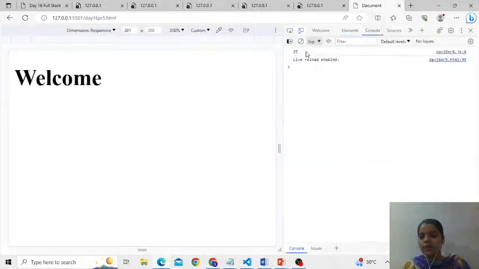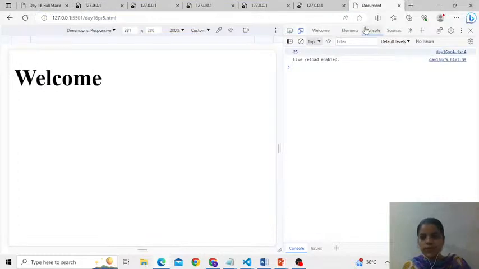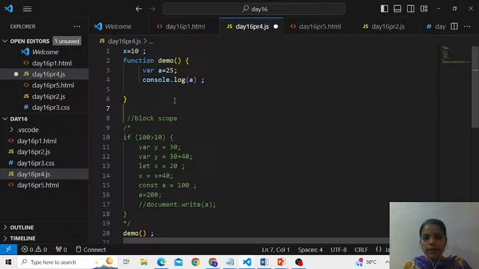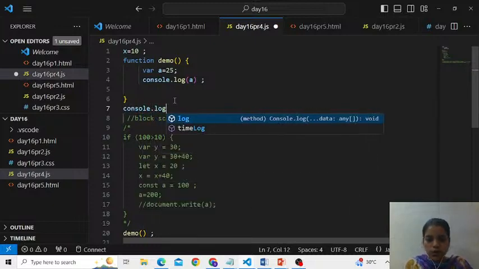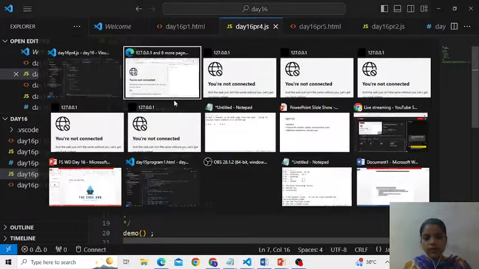Okay, so 25 is printed, correct? 25 got printed, and suppose if I come outside here and say print console.log a, say